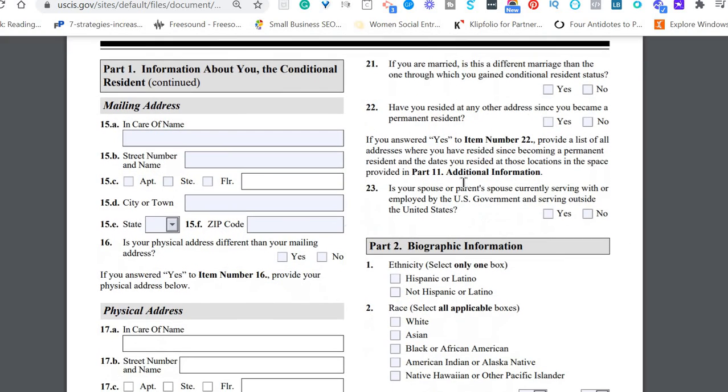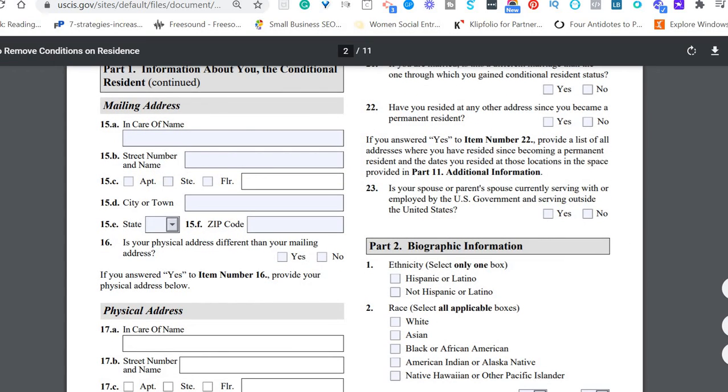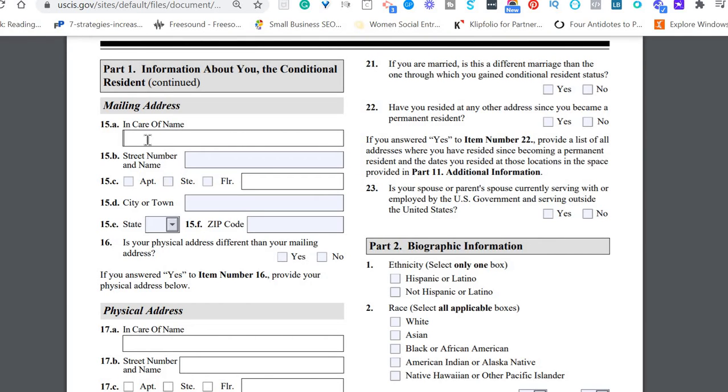The next page is Part 1, which is information about you, the conditional resident. So mailing address, you'll put the name of some other person here in care of name. So in care of name means it's not your name, it's somebody else's name, and their address. If you would like your mailing address, or if your mailing address is some other address different than your